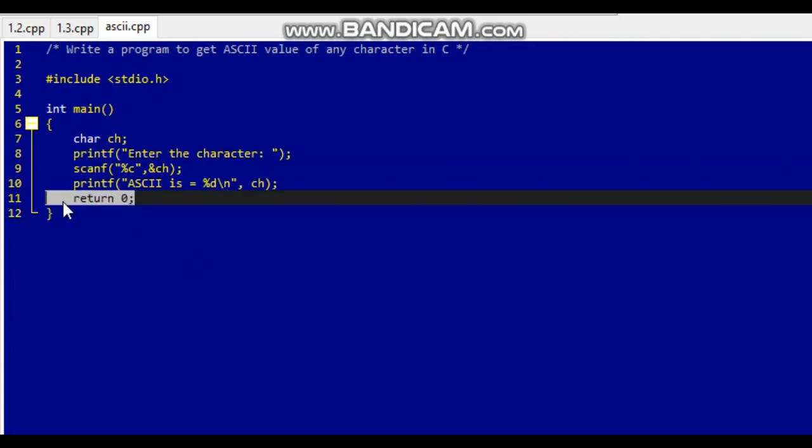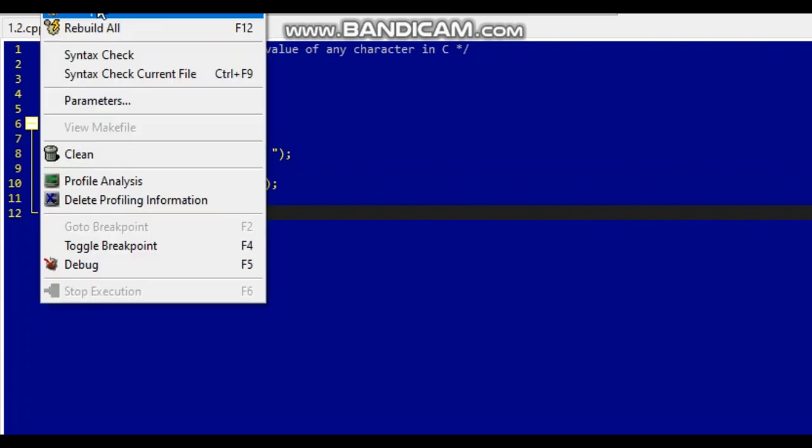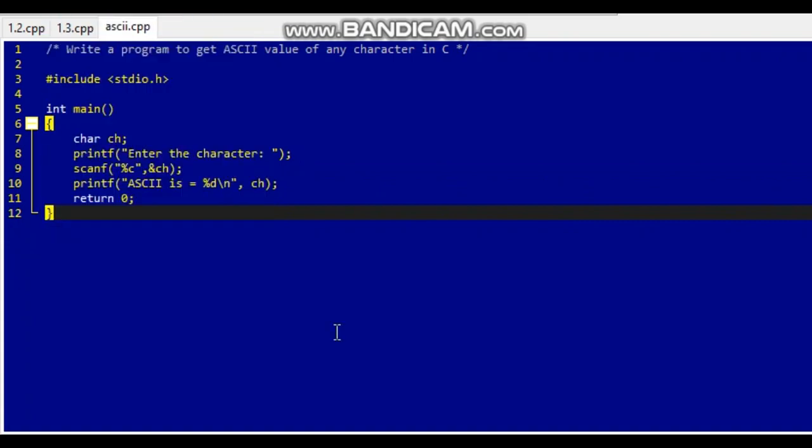And the last one is return 0, and the program ends here. Now I'm going to compile and run it,